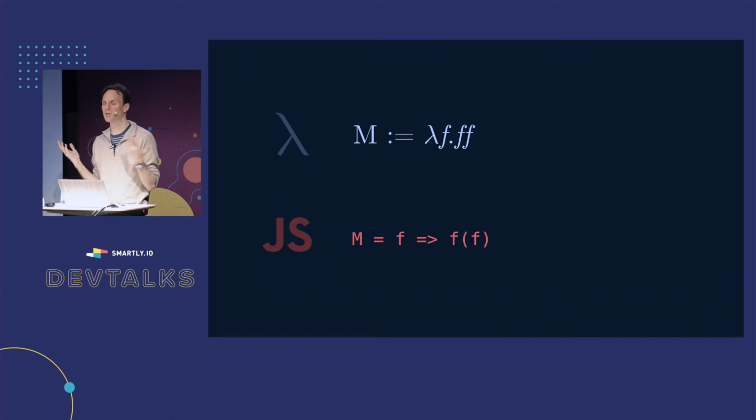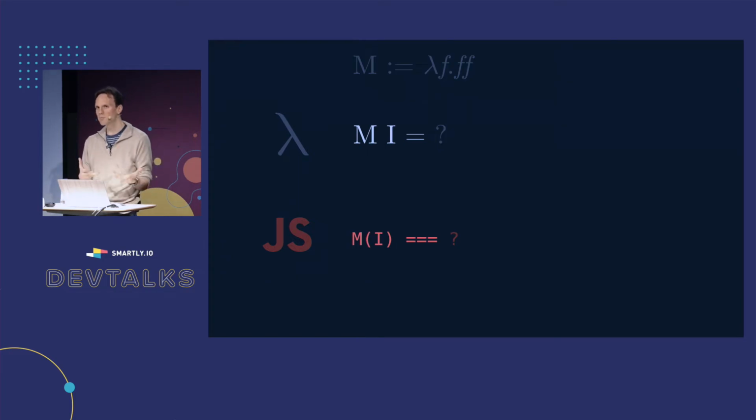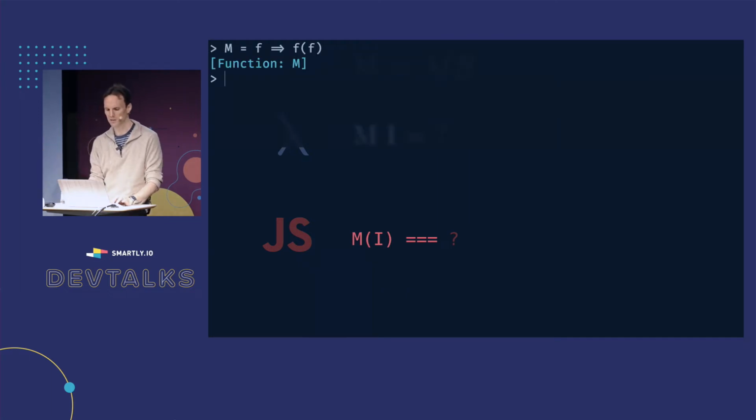So this is the Mockingbird. What does it do? It's interesting. It takes in a value, and then it calls that value on itself. So if the value is going to be called on itself, it probably should be a function. So I'm labeling it as f. Let's try this out. Takes a function, calls the function on itself. Weird. What would the Mockingbird of the identity function be? Well, it takes I, it duplicates I, so this gets simplified to I, and the identity of identity we already established is,